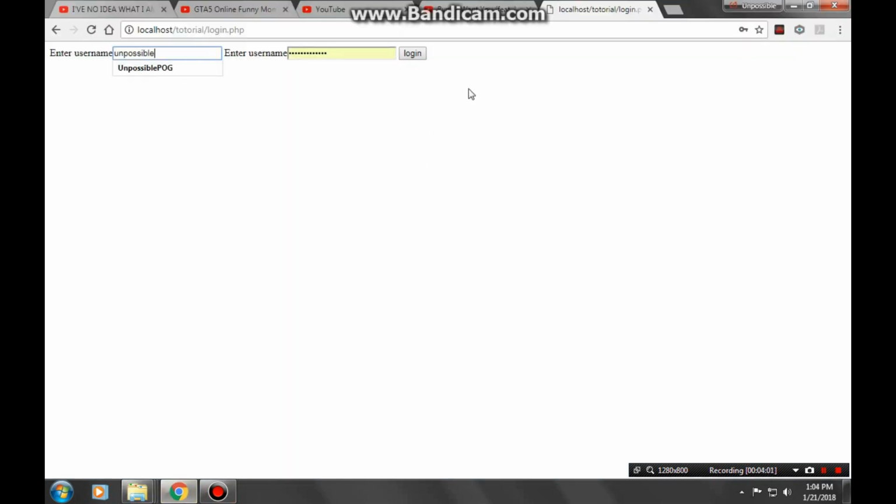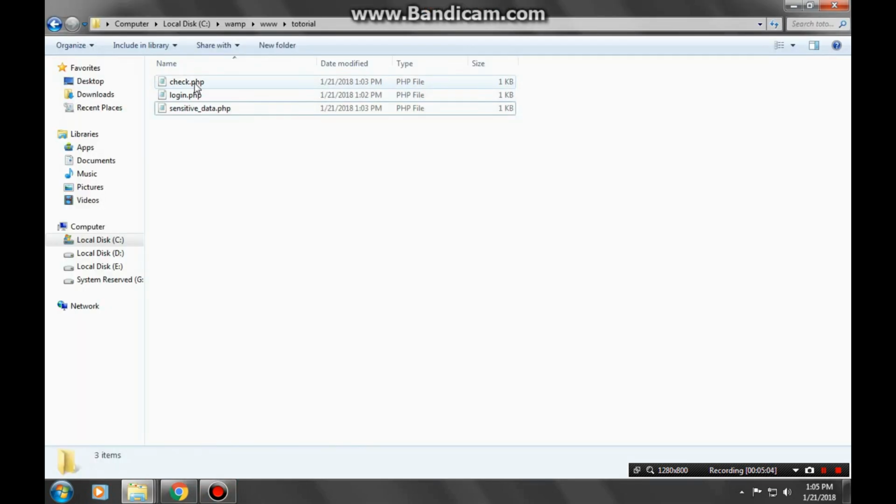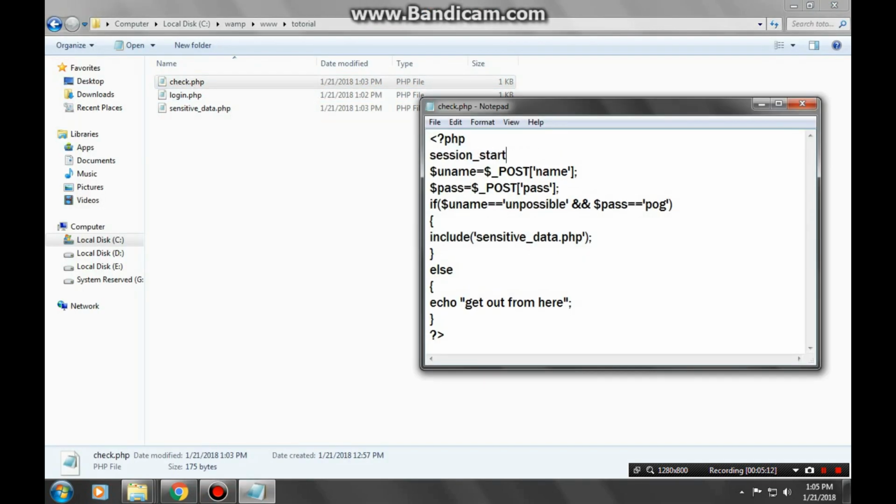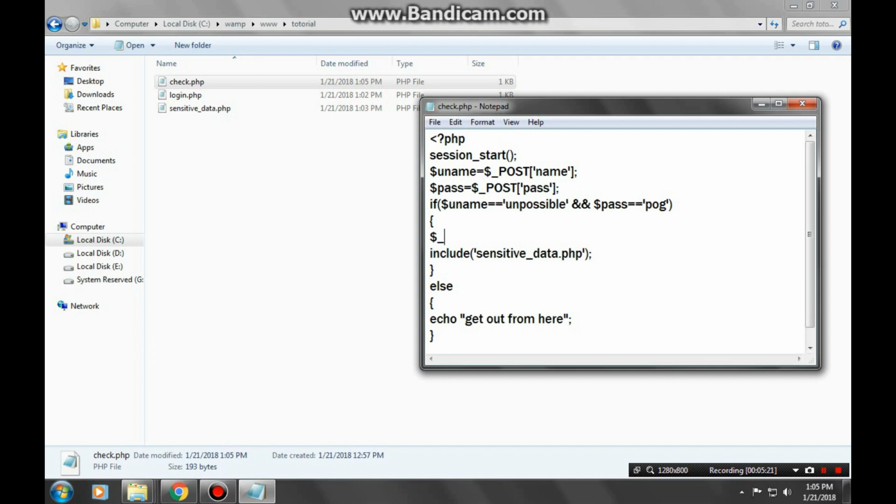So now the program is flowing correctly. Now time for the main coding. First, start the session at the beginning where you are checking username and password. Create a session variable and give any random value.